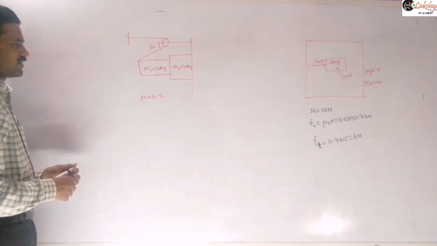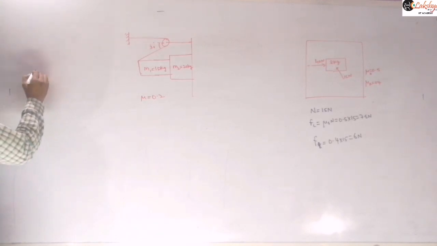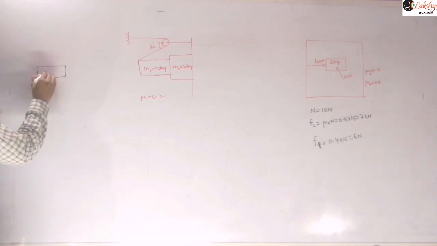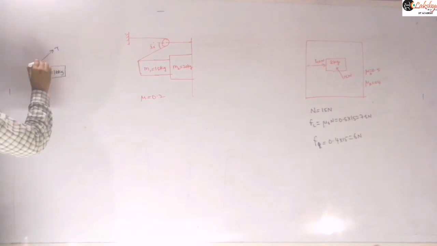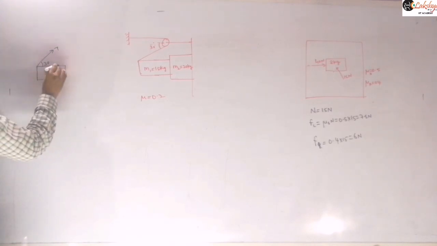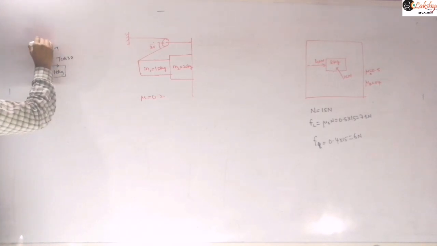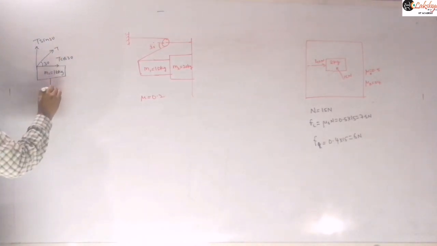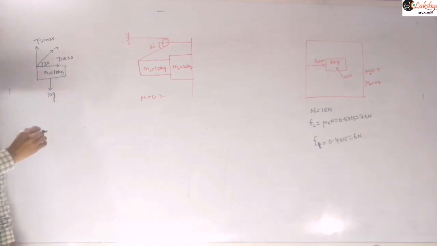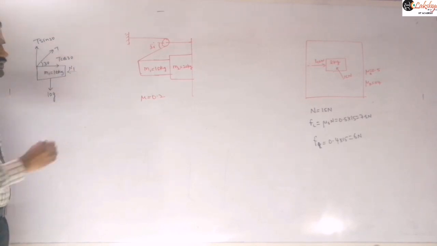Now for this, if you draw the free body diagram, you will get the clarity again. Suppose I am drawing it for M1 here. First of all, this is the M1 10 kg block, and tension is acting at 30 degrees here. So this force will be T cos 30 along this direction and T sin 30 along this direction, right? Then the remaining forces are the weight of this block, 10g, and from this side the normal reaction, which you may consider as N1.